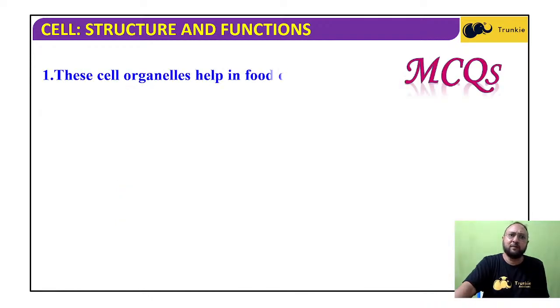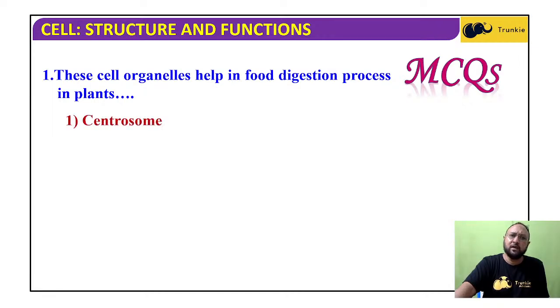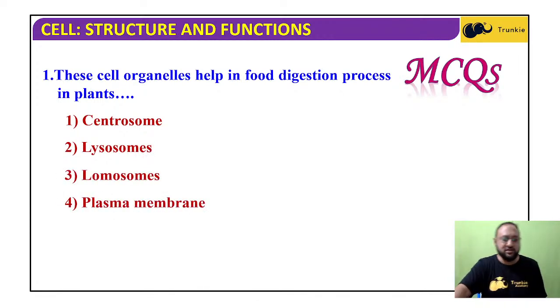Now we're coming to some MCQs. This cell organelle helps in the digestion process in plants: centrosome, lysosome, ribosomes, or plasma membrane. Digestion process here does not mean they're eating food. Digestion process means if the cell is damaged and destroyed, it's no longer functional, and if the cell is due